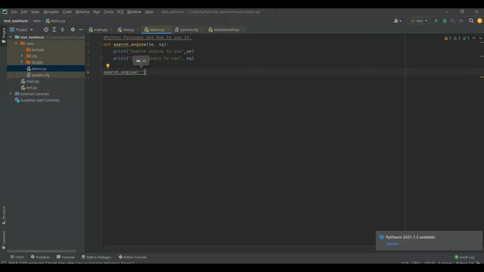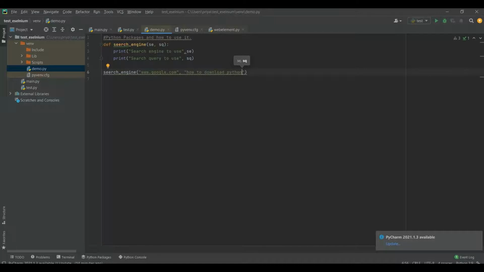The search engine will be, let's say, www.google.com, and the search query will be, let's say, how to download Python. So this is it.